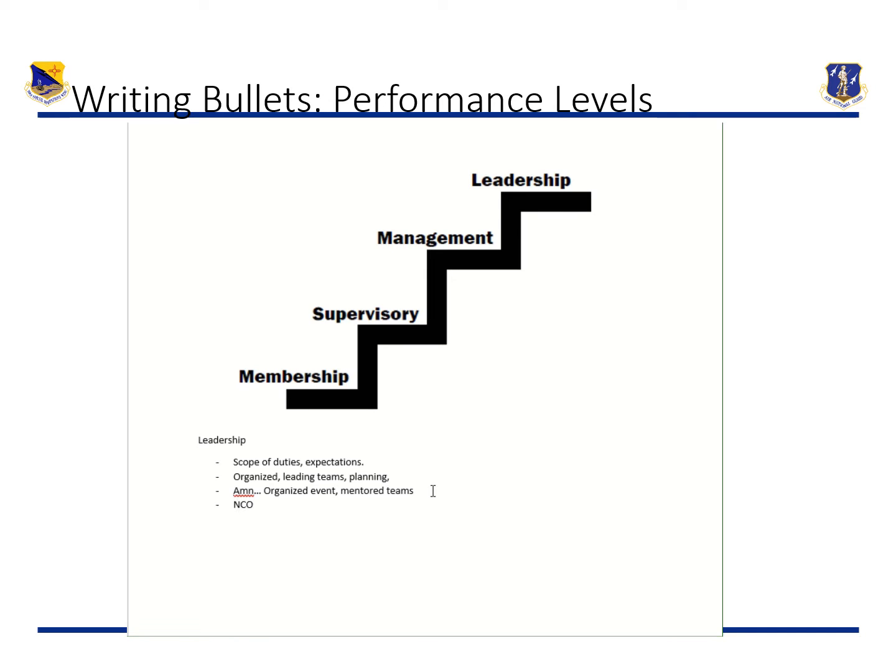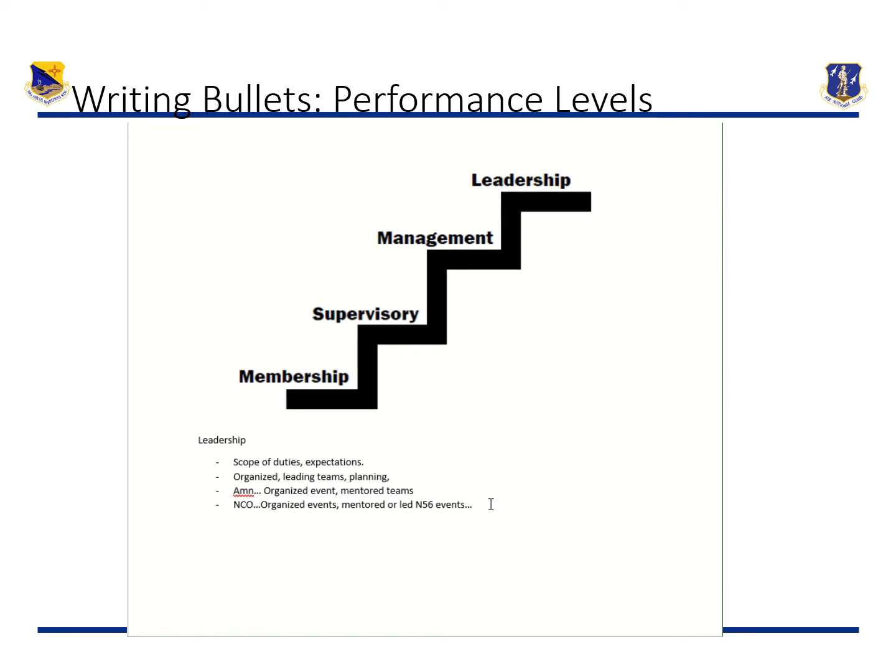When we see an NCO, again, organized events, in this case not just one event but multiple events, mentored or led, like 56 events. Things of that nature clearly stand out at the leadership level.